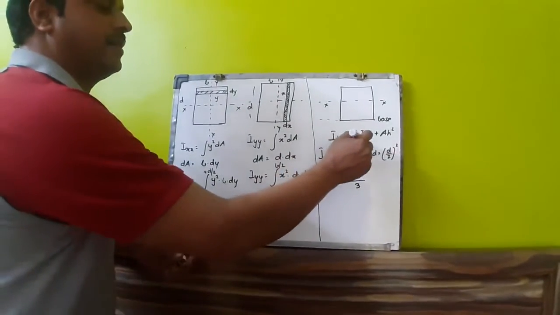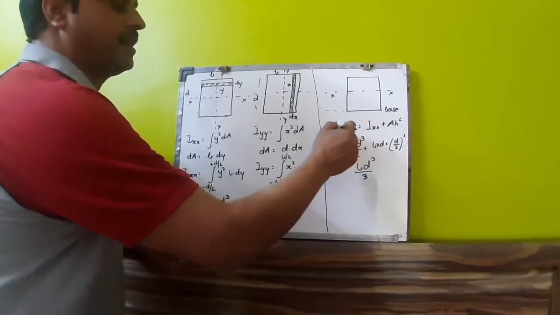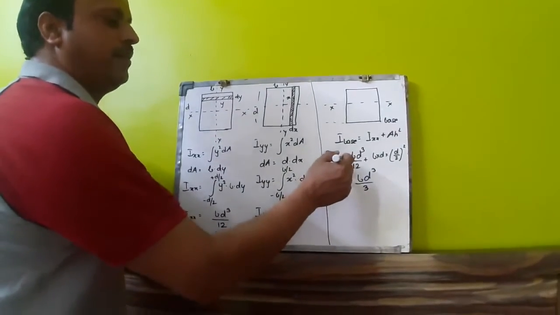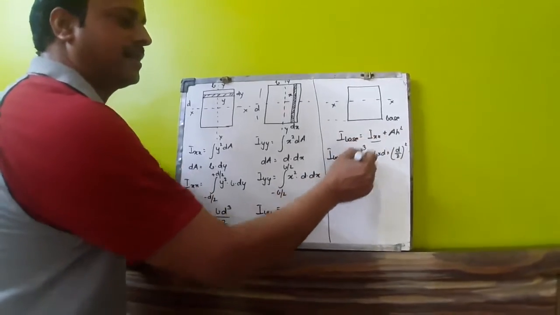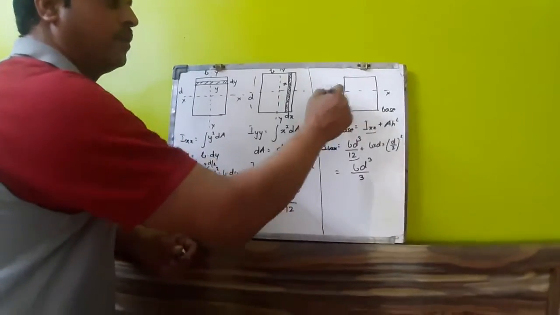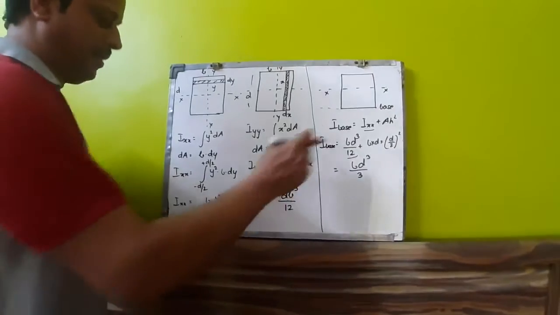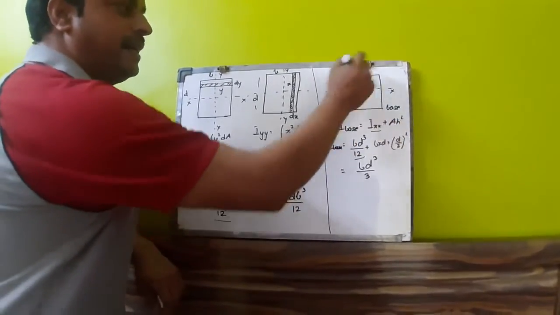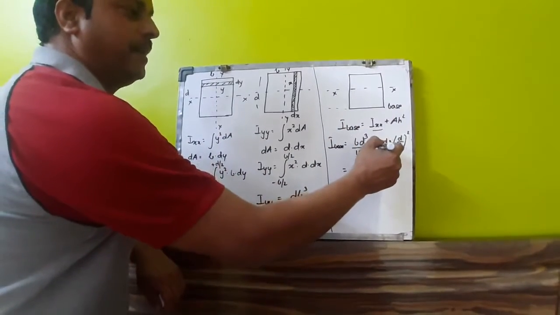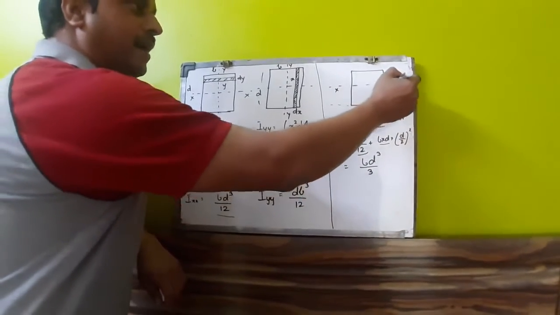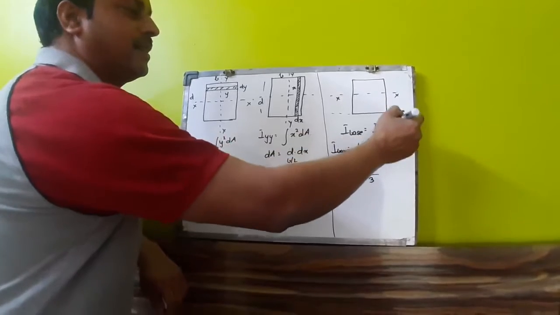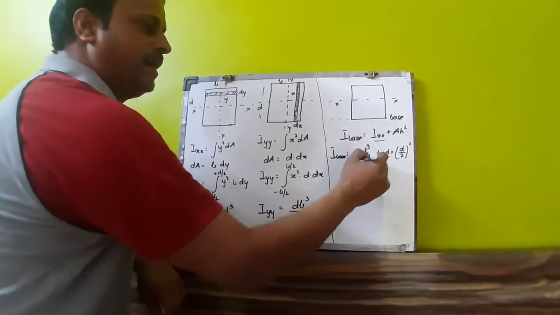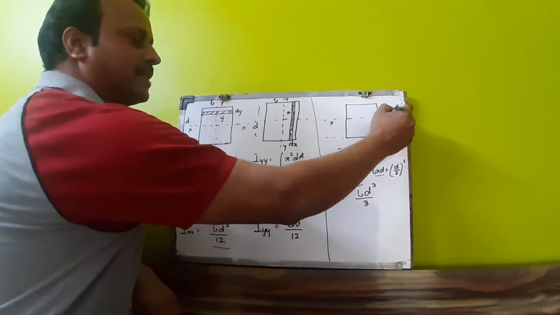So I base is given by parallel axis theorem. You can state I base is equal to Ixx plus Ah square. Ixx is given by bd cube by 12. You know the value of second moment of area from here, derived as bd cube by 12. Area of this portion is b into d, and the amount of shift that has taken place. This bd cube was with respect to this x-axis.